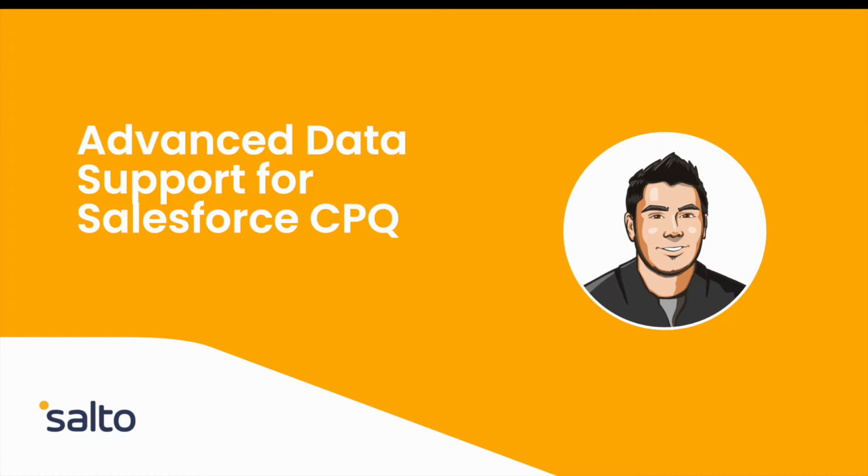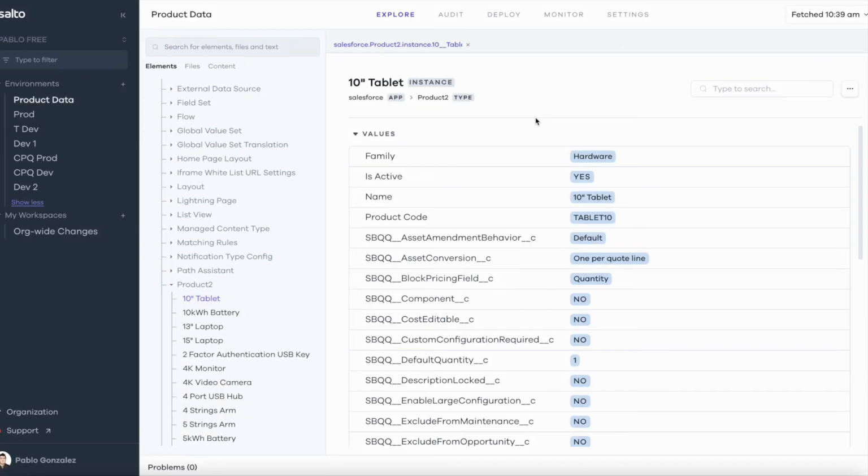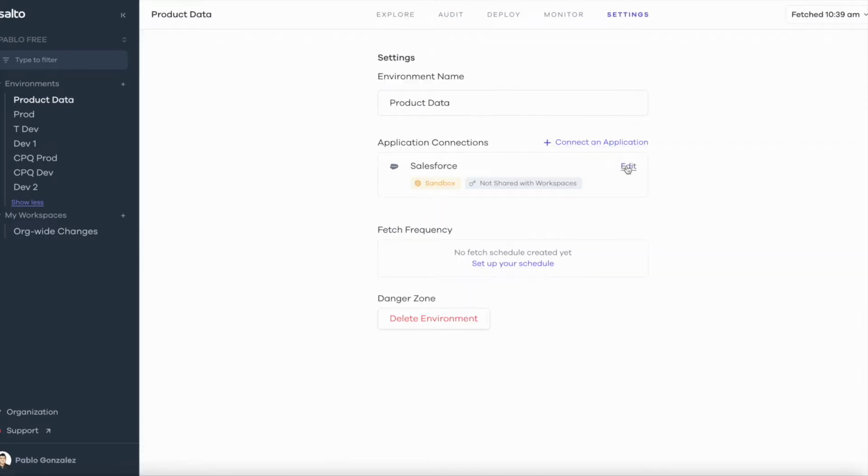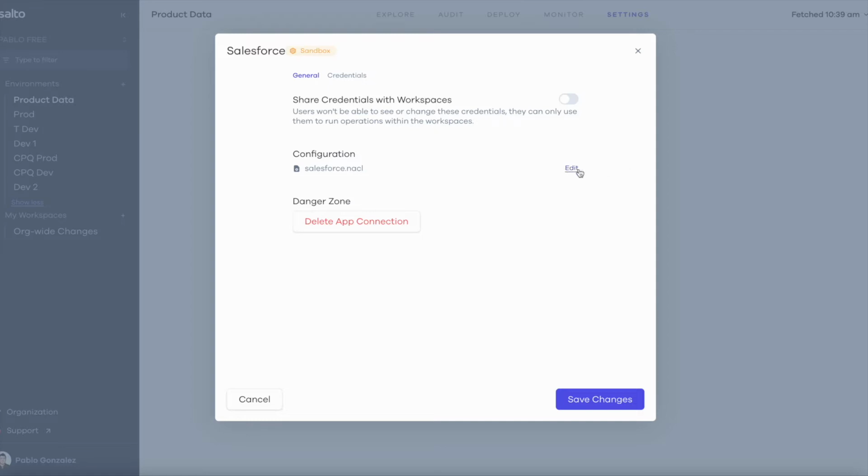Salesforce environment with Salto. In the previous video, we saw how to include product data into the element tree by editing the Salesforce configuration in Salto. In this video, we're going to take this further and extract all of our CPQ data. To do that, we're going to go again to Settings, Edit next to Salesforce, then Edit next to your